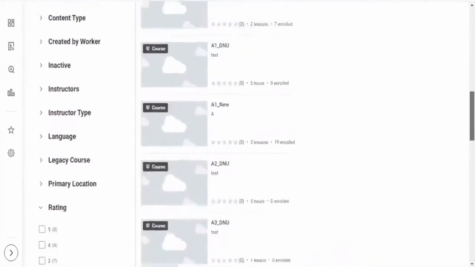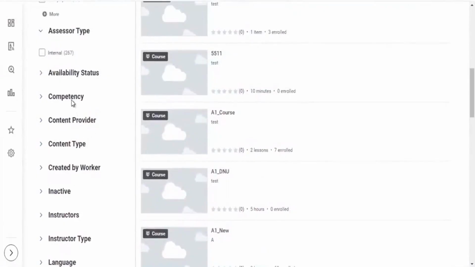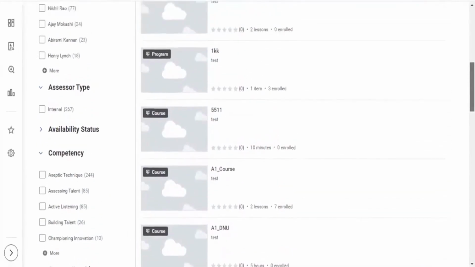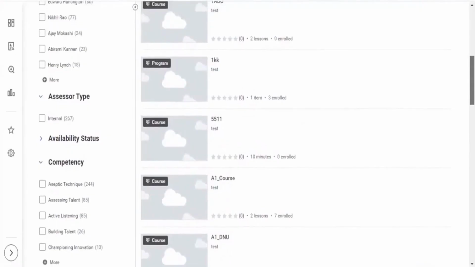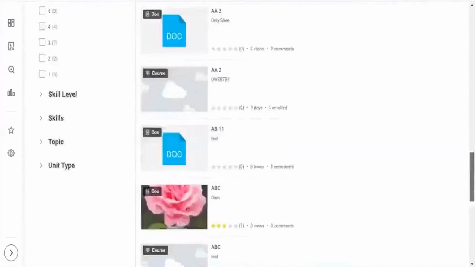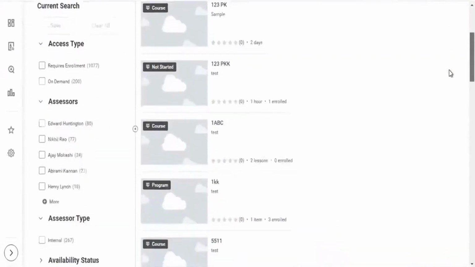We can select that. Here is view content. Select view content from the search.